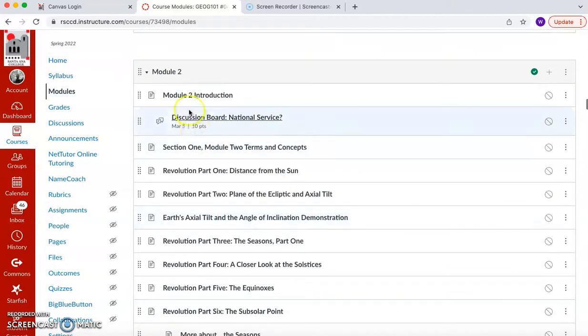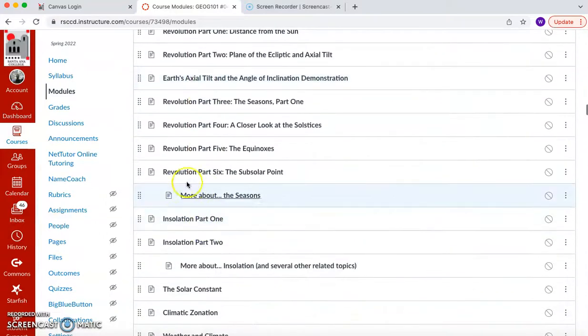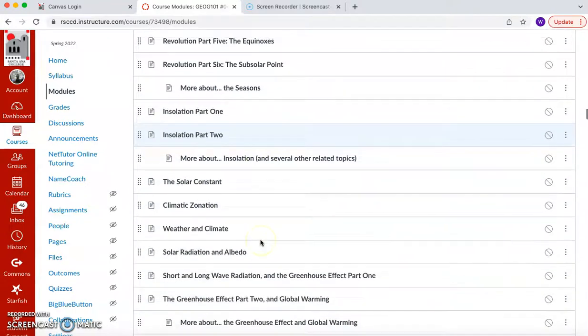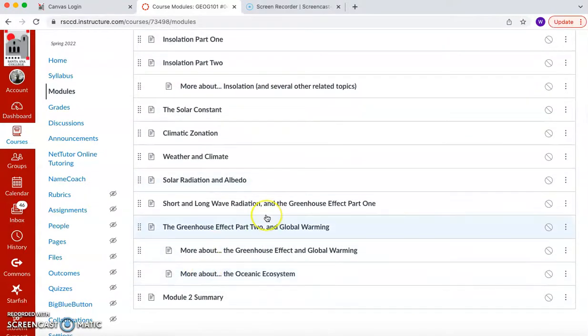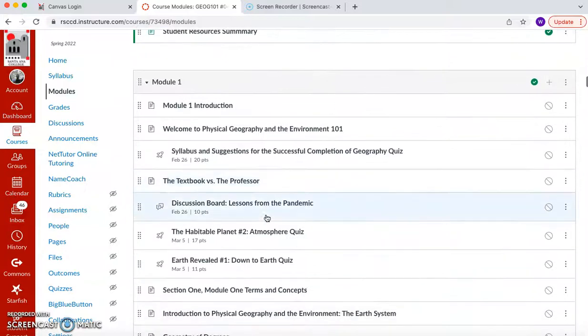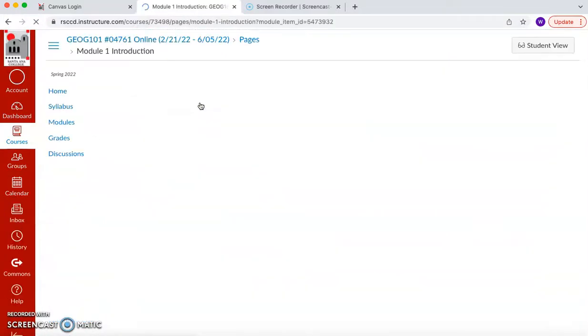And you can see that in Module 2, we have basically the same format. And you can see here's another more about there, right? And then a couple more abouts here. So let me go back up here to Module 1, and I'll go through a little bit of it. So if we click on Module 1,